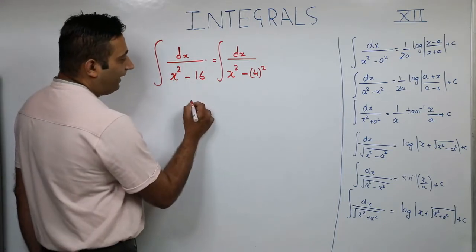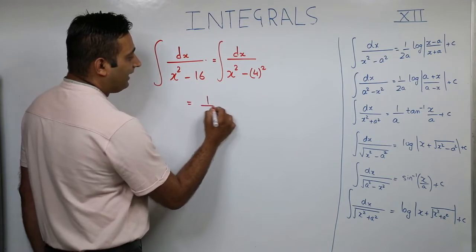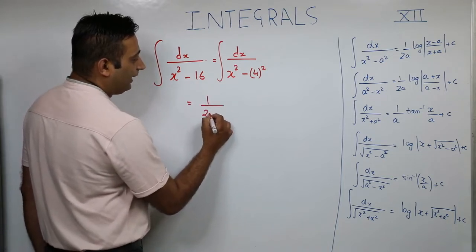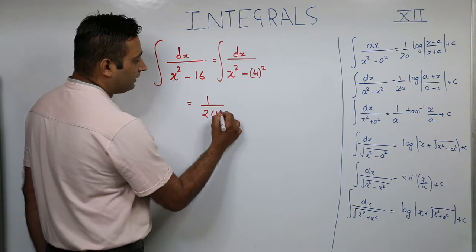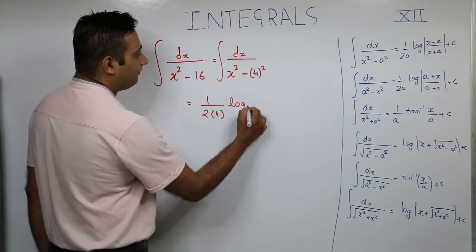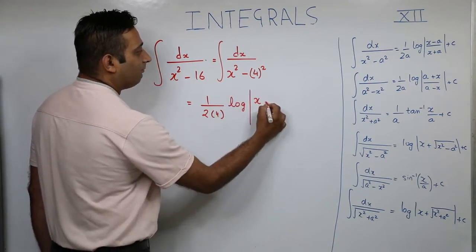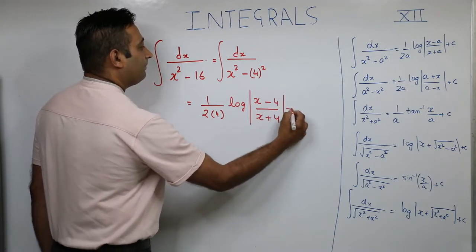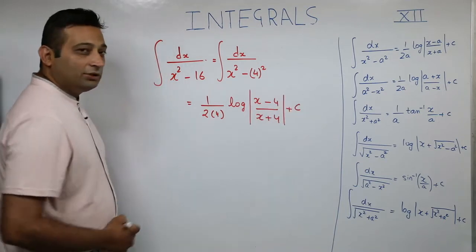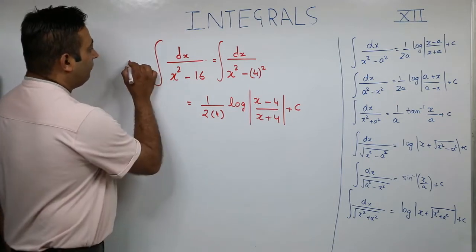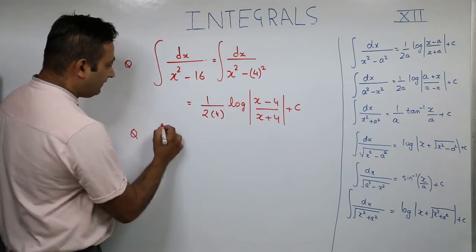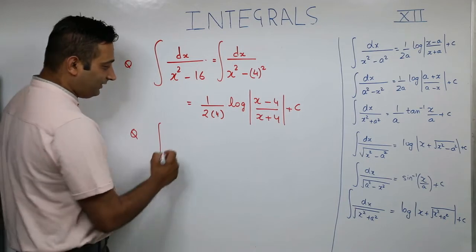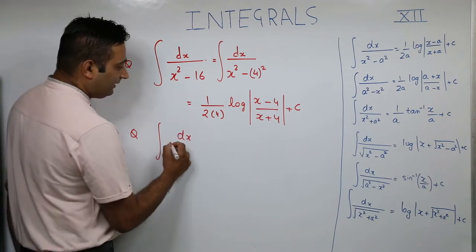Applying the standard formula, we can write 1 upon 2a, where a is 4, log of mod x minus a upon x plus a, plus c. So this is the answer. Now we can take some more examples based on some standard integrals. So let us take dx upon